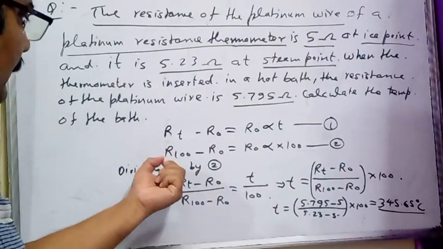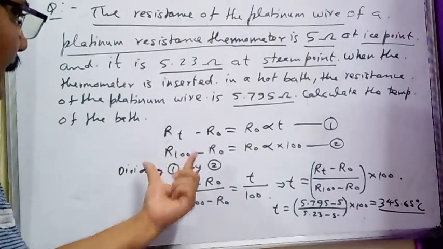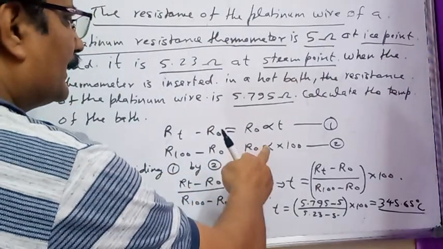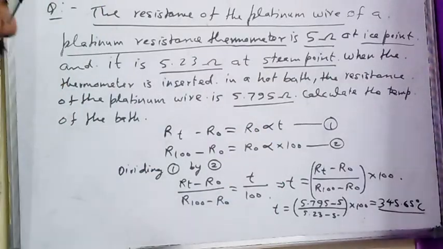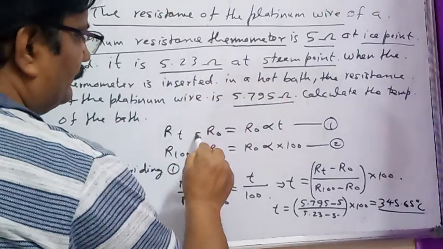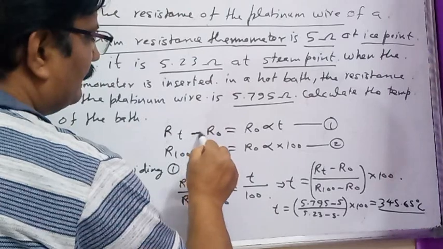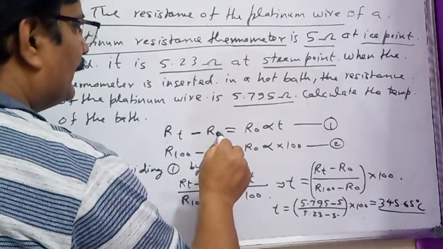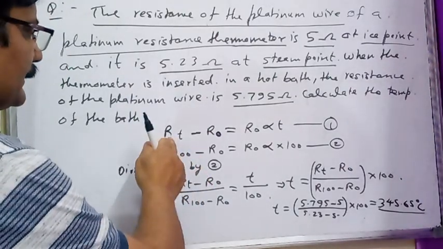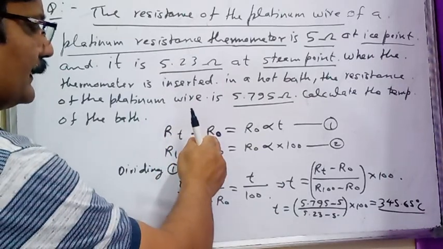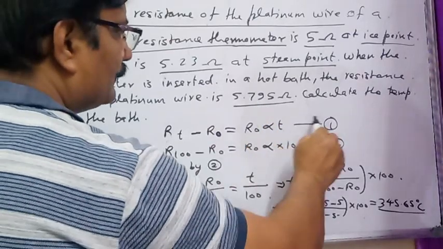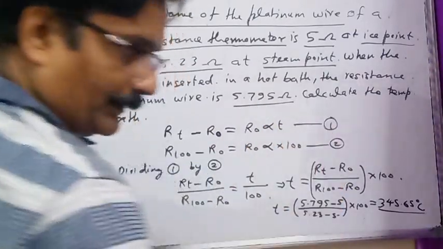So to solve this question, resistance at 100 degrees Celsius and resistance at 0 degrees Celsius are given, but the value of alpha, that is temperature coefficient, is not provided in this question. So how to solve? Two conditions are provided. One is the increase in the resistance between 0 degree and the temperature of the hot bath. Suppose temperature of the hot bath is T degree Celsius. So resistance at T degree Celsius minus resistance at 0 degree Celsius is equal to resistance at 0 degree Celsius multiplied by alpha into T. So this condition gives equation number 1.